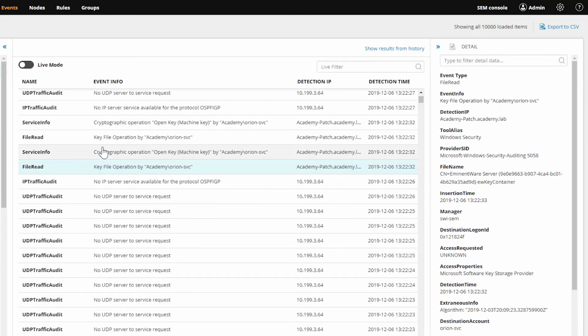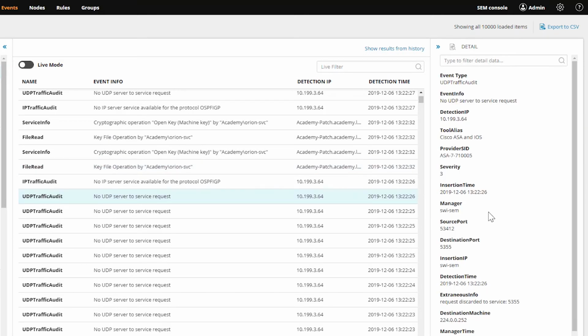The only other common field we care about at this point is going to be extraneous info, and that's literally what it sounds like. This is the miscellaneous field. This is where any data from an event that doesn't have a particular other field that it should belong to ends up. So this is all the random stuff that really doesn't belong anywhere else, which can be very useful depending on the data source or the event type. It could contain very useful data, and it's probably something you'll be using in your queries fairly frequently.